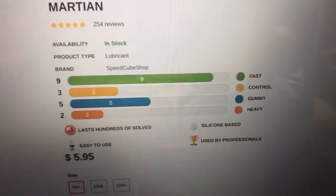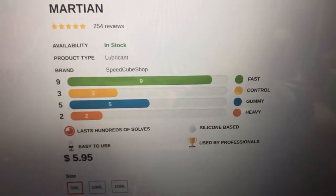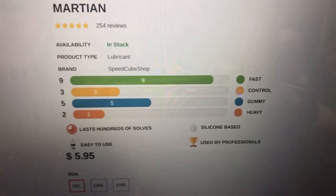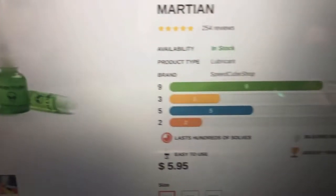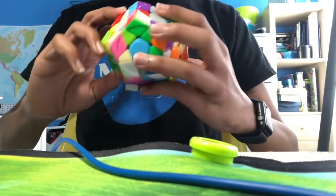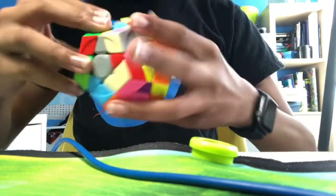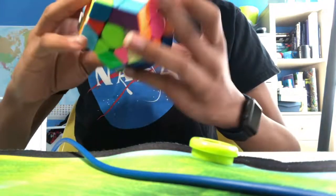So this is on SpeedCubeShop's website. This is Martian, which is a silicone-based lube. And SpeedCubeShop has a rating system that says how fast the lubricant is, how controllable, gummy, and how heavy the lubricant is. I think that this is a great thing to look into if you are thinking about purchasing one of these lubes. Yeah, so now you're probably wondering if I recommend these lubes, and I definitely do,